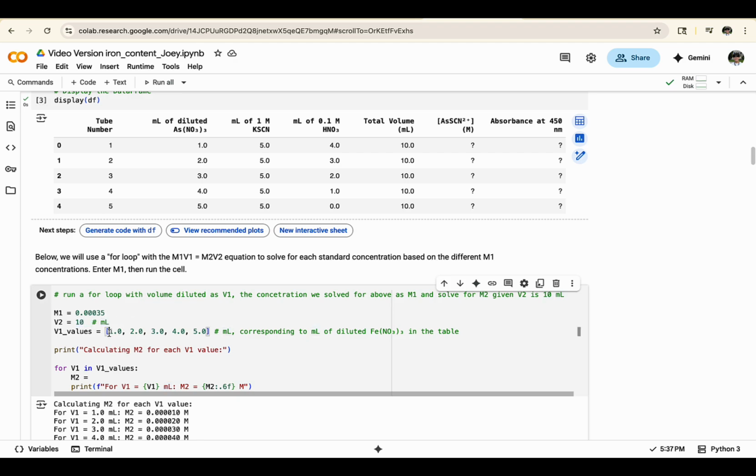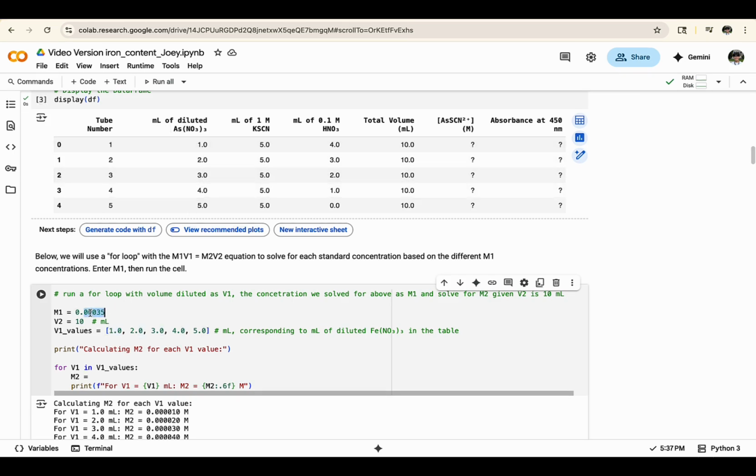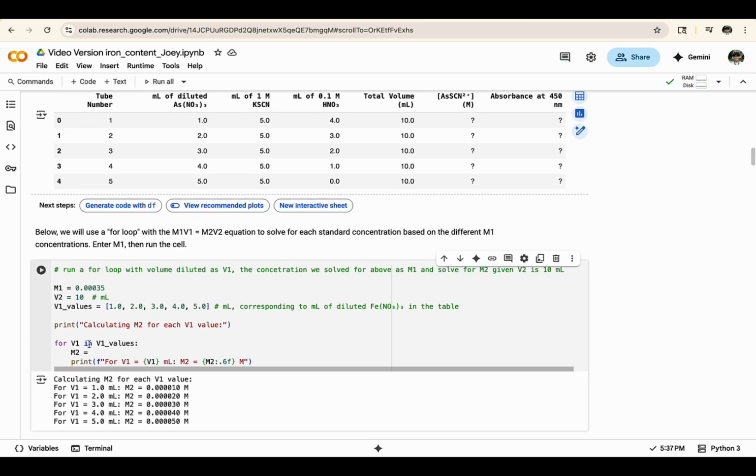And then we know that each of the tubes will have a specific diluted amount of arsenic. And so if we know the original concentration and how much volume we're putting in, we're choosing 1, 2, 3, 4, and 5, and then we're filling the rest to make sure that all the final values are 10. Then we can use the equation that we solved for algebraically above, which was M1 times V1 divided by V2, to then have this run on each of the M1 values and V1 values,